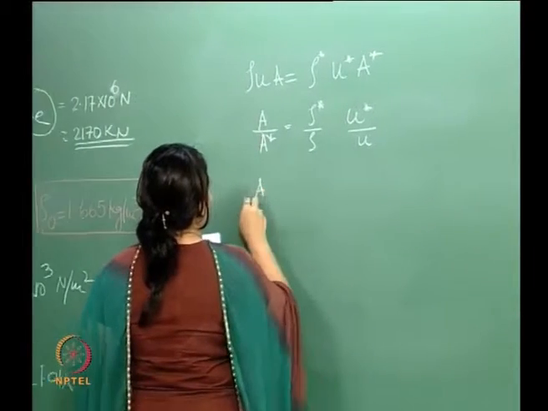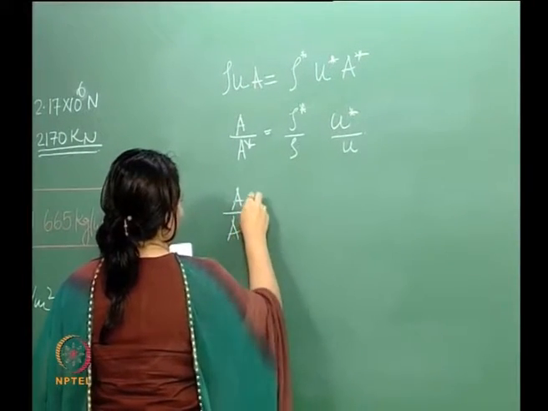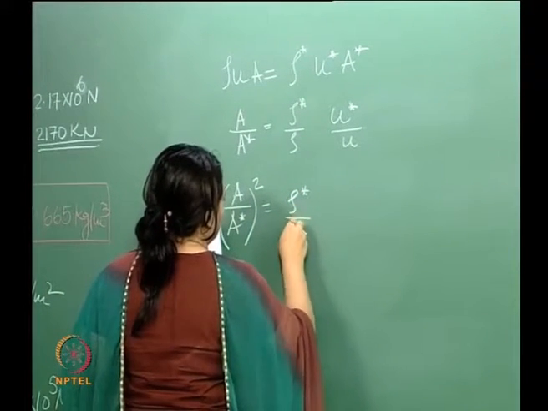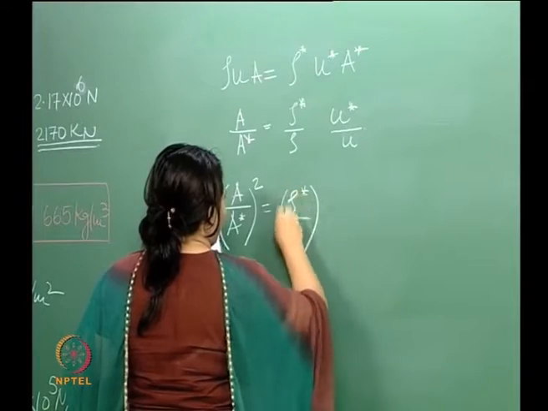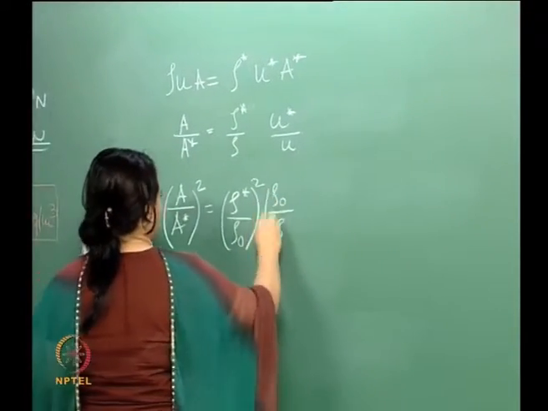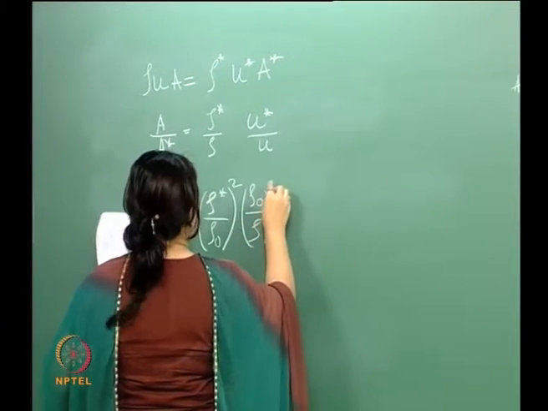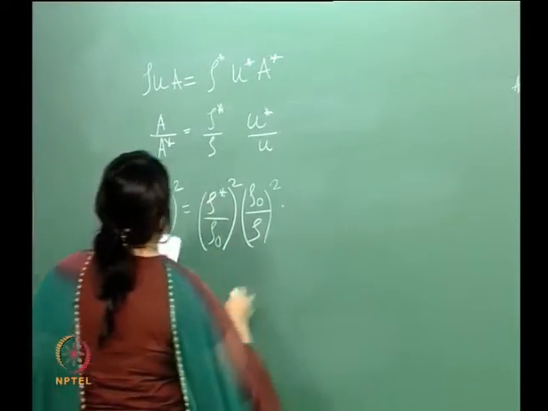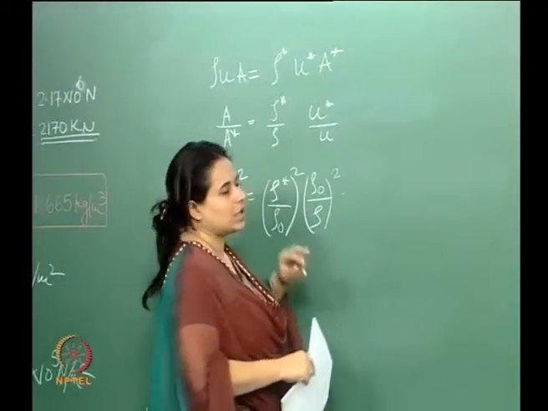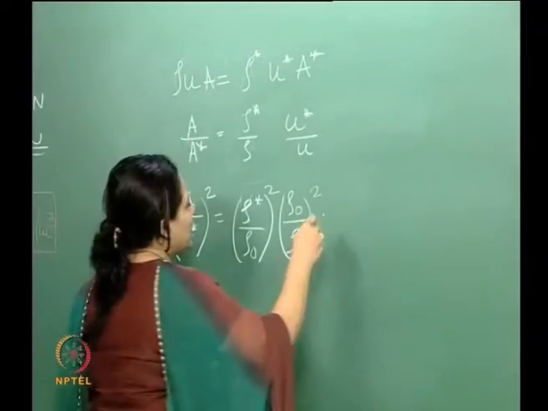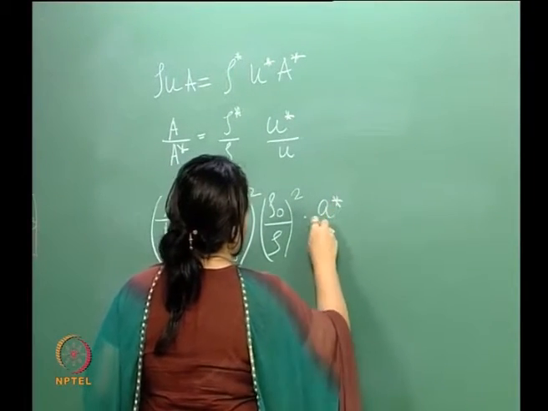Therefore, I can write this, okay, square this and write it like this. Now, this u star is velocity at the throat, which is again equal to the speed of sound, because Mach is 1. Then I can write this as a star by u,